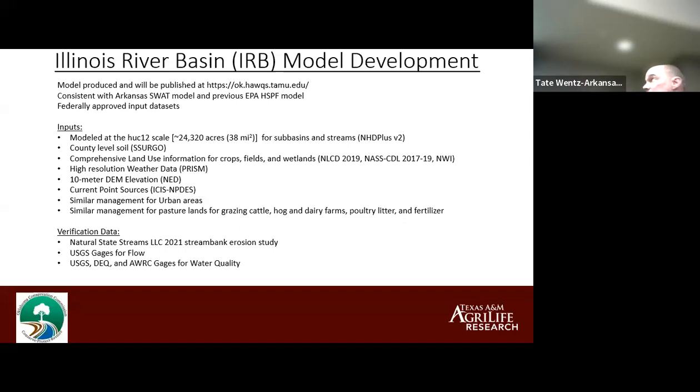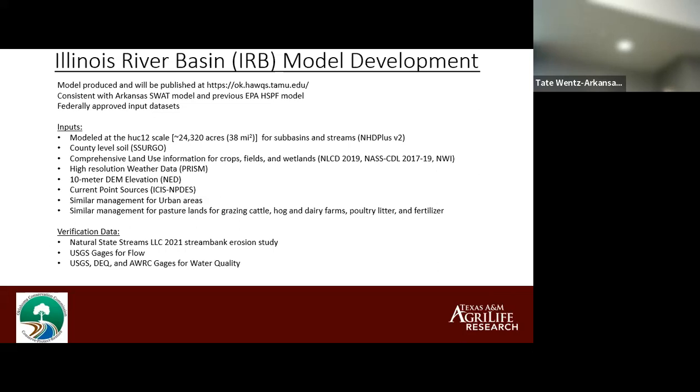So we'll just go through kind of the basic stuff. We use the HUC-12, we use the NHD stream layer, which is a USGS product for our streams within the model. We use the SSURGO county level soil survey, which is a digital survey. We use NLCD 2019, so it's a National Land Cover Data Set. It's a USGS project based on satellite images. And we combine that with the process that Texas A&M did that took the National Agricultural Statistics Survey crop data layer, which is done